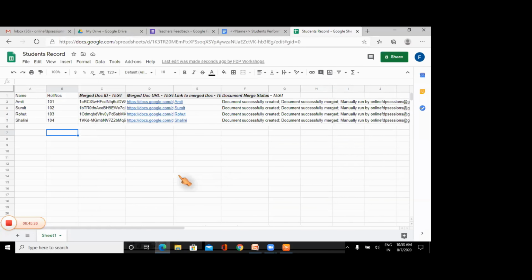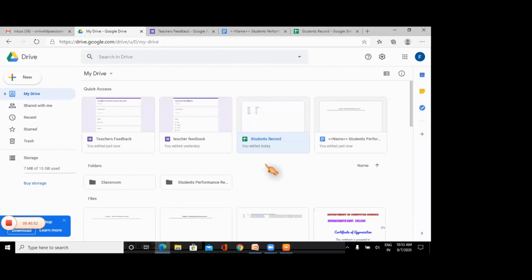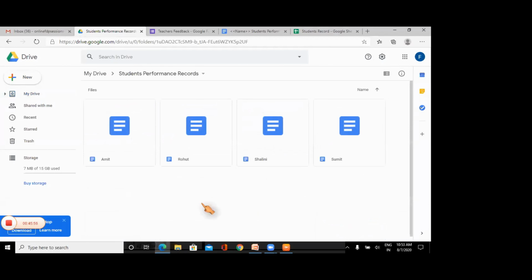Now look at your Google Sheet. See, it shows document successfully created and document successfully merged. What this add-on basically did is create 4 files in the folder, let me show you, and merge them with the template. See, Amit, Rohit, Shalini, Sumit.